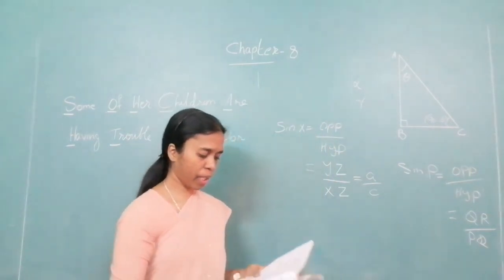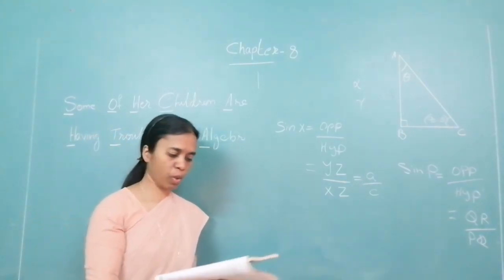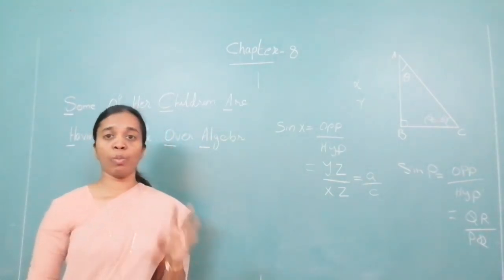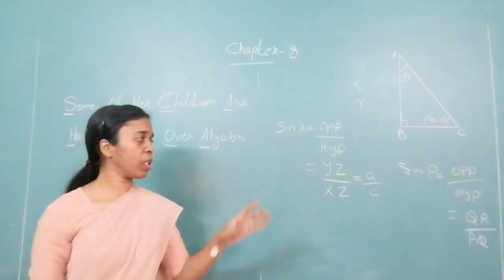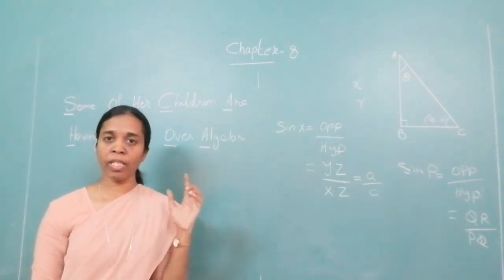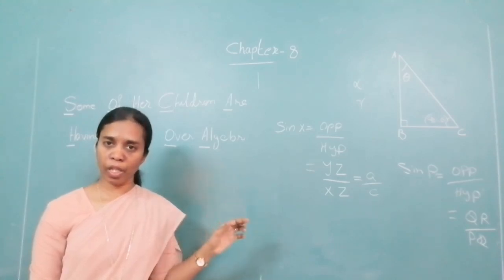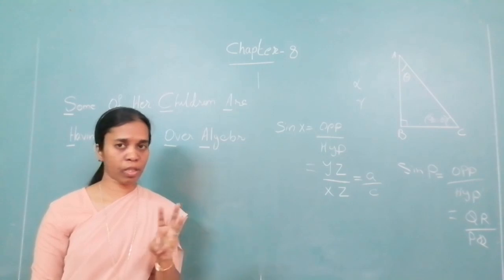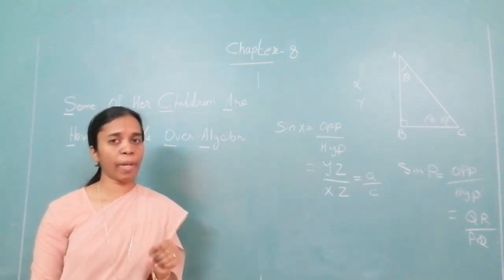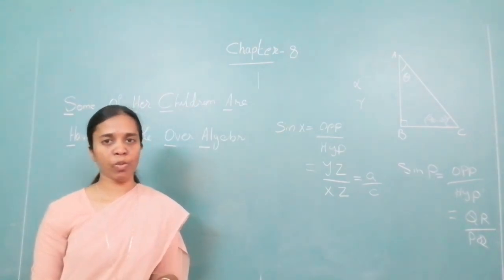I want you to complete practice set 8.1. Draw the diagrams at the side and then write the ratios. Before the next class, you should learn all this by heart. First, sine, cos, tan, cot, sec, cosec. Then the trigonometric ratios. Then the inverses. Three things to learn by heart. Okay. Write it in the formula section. Add it over there also.